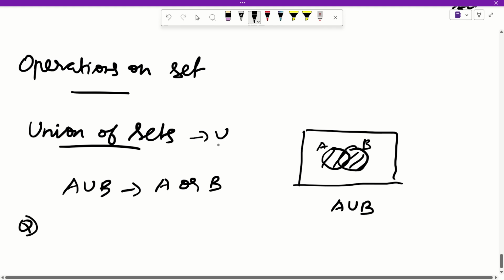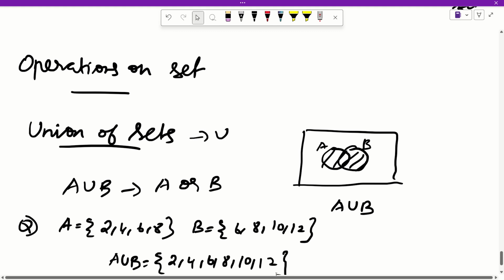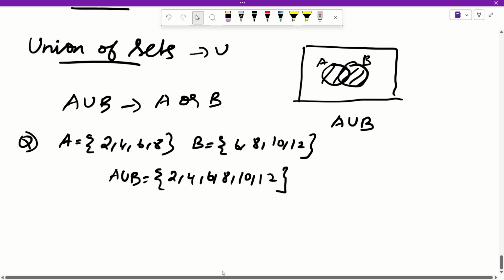Example. Question. Let A be the set {2, 4, 6, 8} and B be the set {6, 8, 10, 12}. What do we have to find? We have to find A union B. A union B is equal to the set {2, 4, 6, 8, 10, 12}. Okay. The next one we are going to learn is